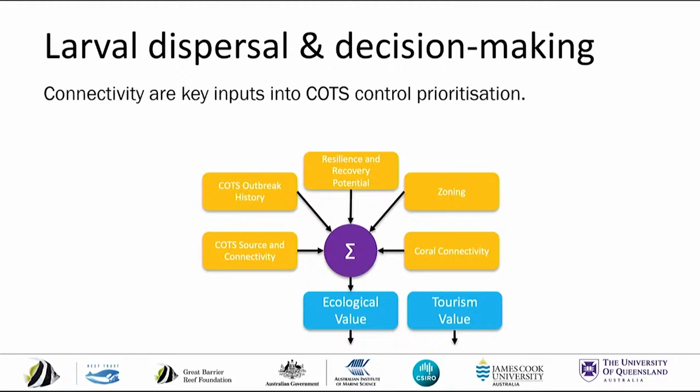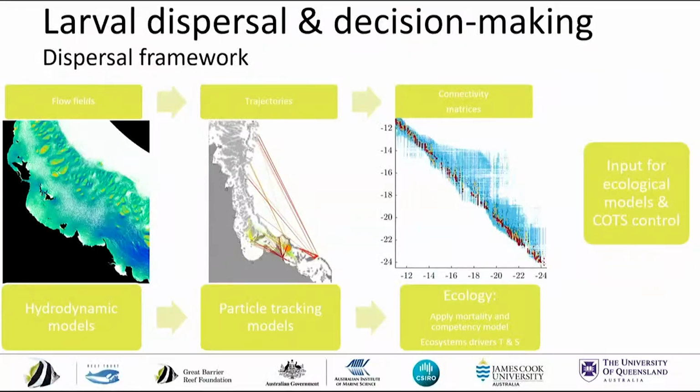So every year they go through the process and make a list based on which reefs they should prioritize, based on where the COTS are and what reefs are going to be affected by them due to dispersal. That is something for Sam. But I wanted to step back a little and say what is actually needed to understand dispersal. And this is pretty much a 3-step